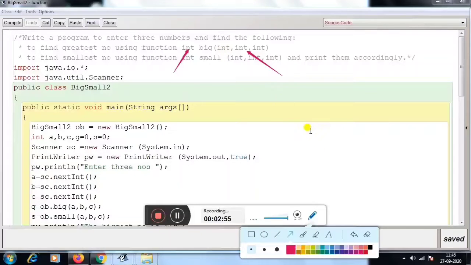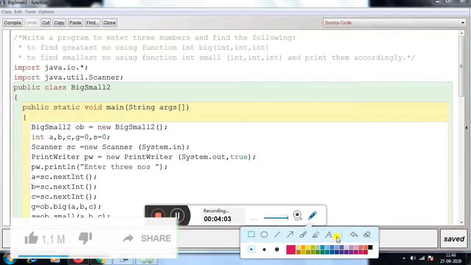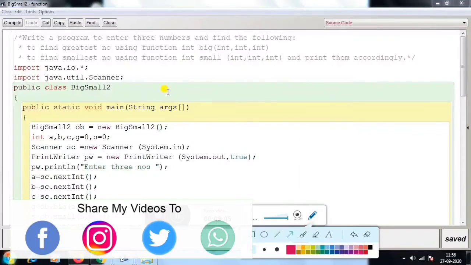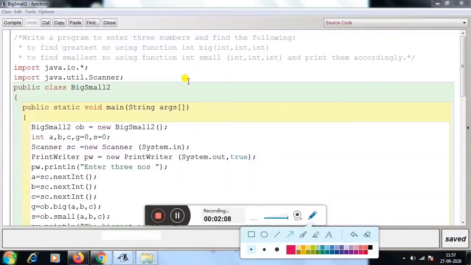Similarly, the second function also follows the rule of return type with argument. It means we will print the output and enter the data under the main function only. Then we discuss the program. See, first import java.io.*, import java.util.Scanner.